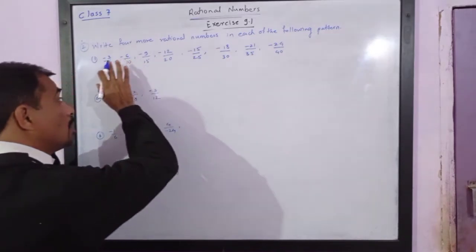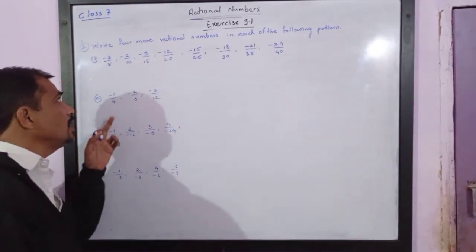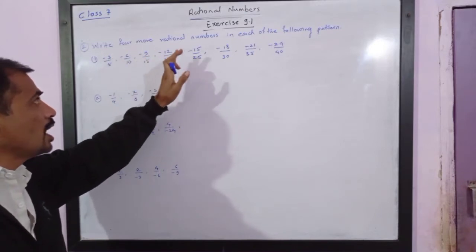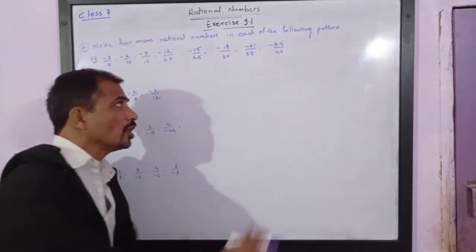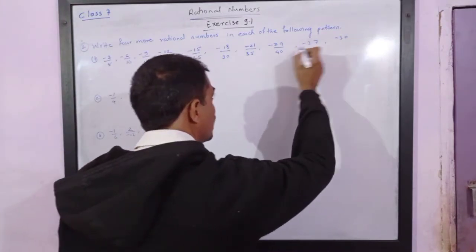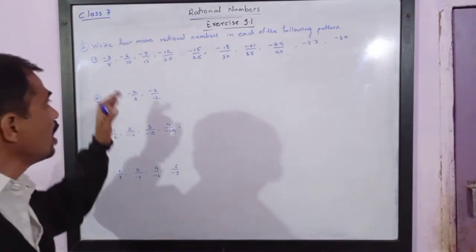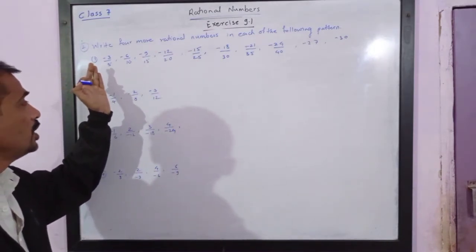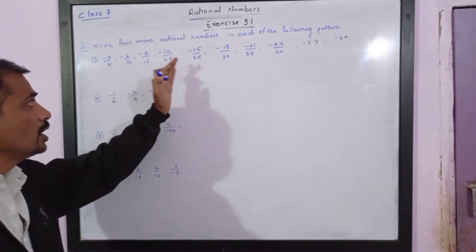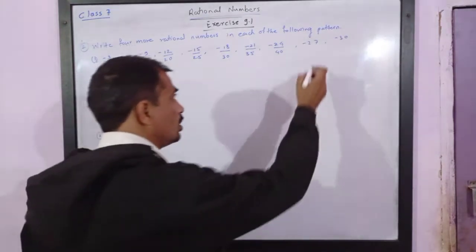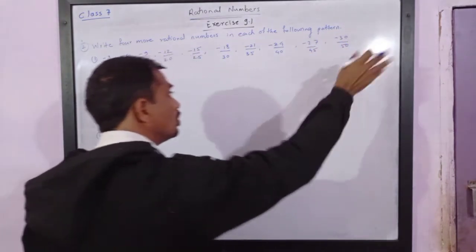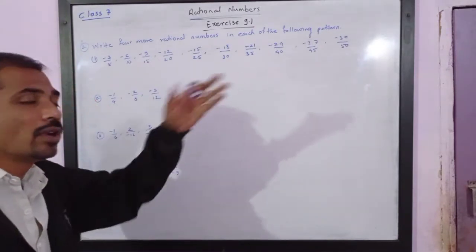Please note, the numerators are multipliers of 3, or you can say it is a table of 3. 3, 6, 9, 12, 15, 18, 21, 24, and it can be written next as 27, 30 in the same way. Please note, numerators are negative, denominators are in the table of 5. You will see the numbers are 5, 10, 15, 20, 25, 30, 35, 40, 45 and 50. So in the same way you can obtain many more numbers.